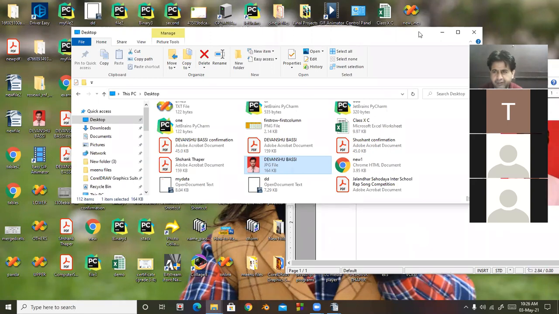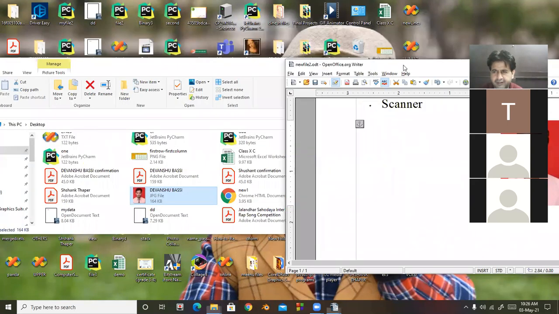Drag and drop. So look at here, the image is inserted.